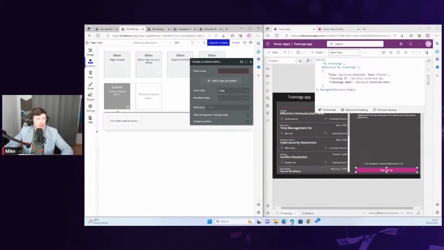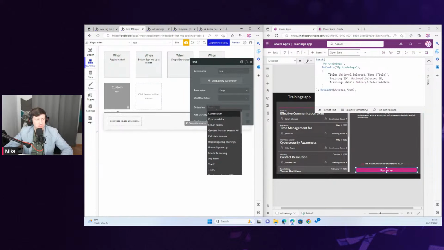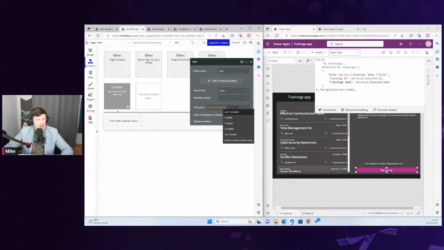And for instance, you can define that for this event, whenever this item becomes not clickable. So it's much wider, broader options, more options to create logic for the application than in Power Apps, for instance.